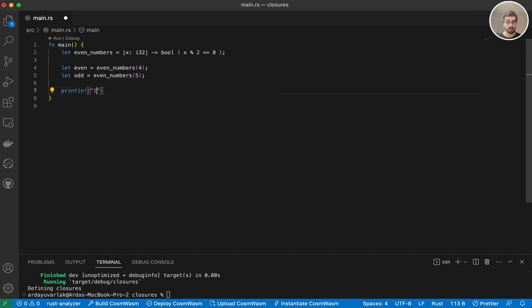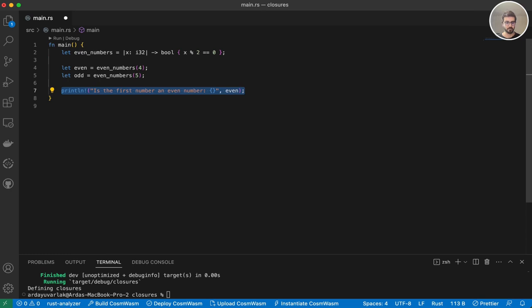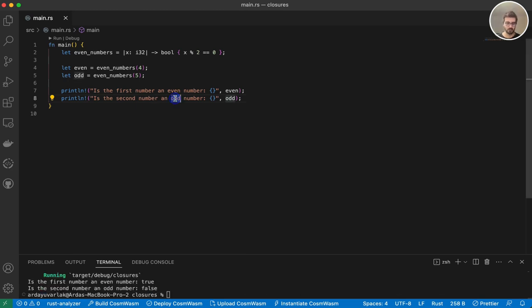I will say, "Is the first number an even number," and we will say even here. I'm going to say odd here and "second". So let's run and see if they work. This should be also even, since it's an odd number, it's not an even number. Yes, now the first one is true and the second one is false,